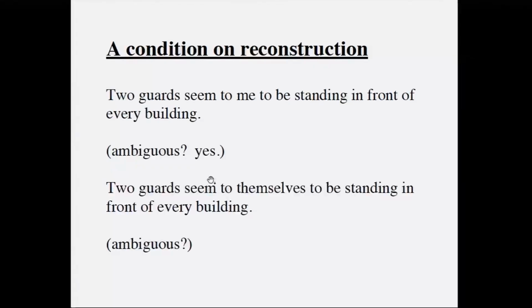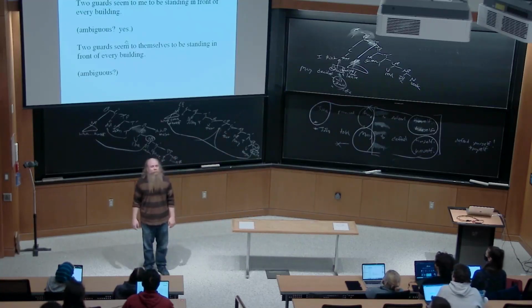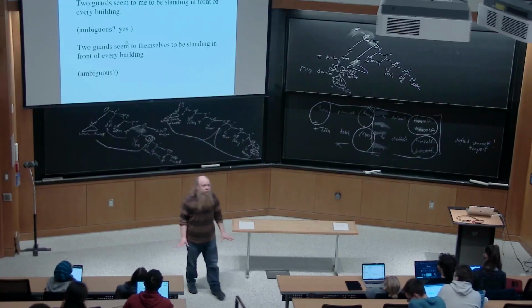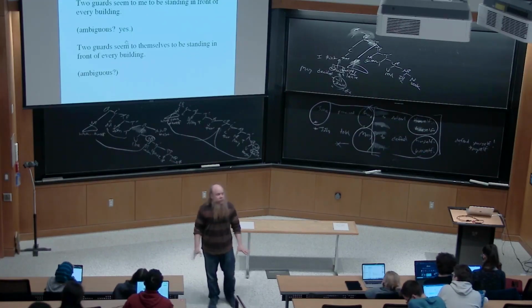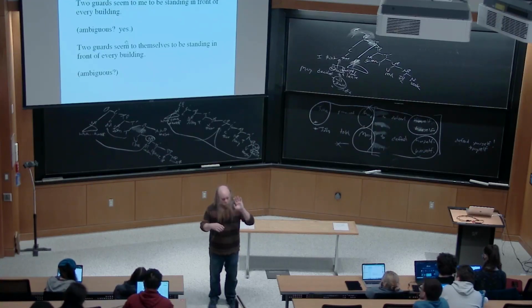How about this sentence? 2 guards seem to themselves to be standing in front of every building. This is not ambiguous. This means that there are 2 guards who need to be taken off duty. There are 2 guards who are having hallucinations of being very, very large. That's what this sentence means. It doesn't mean, and there's something else it could mean, it could mean